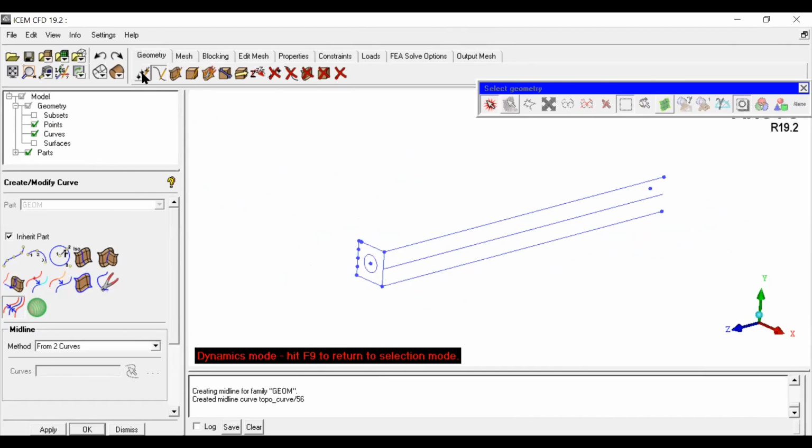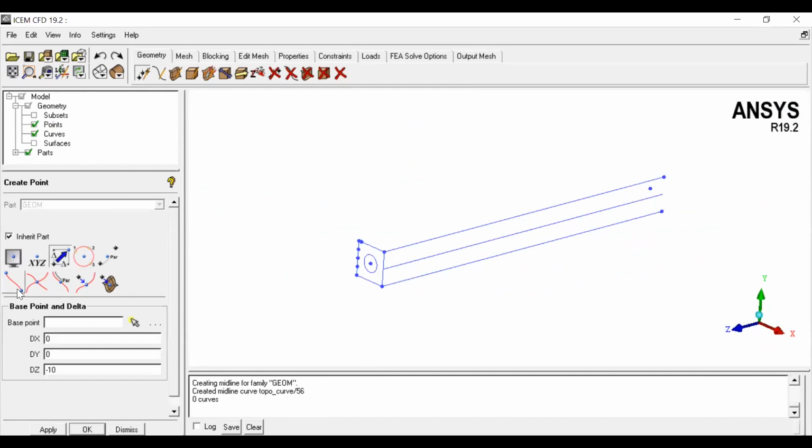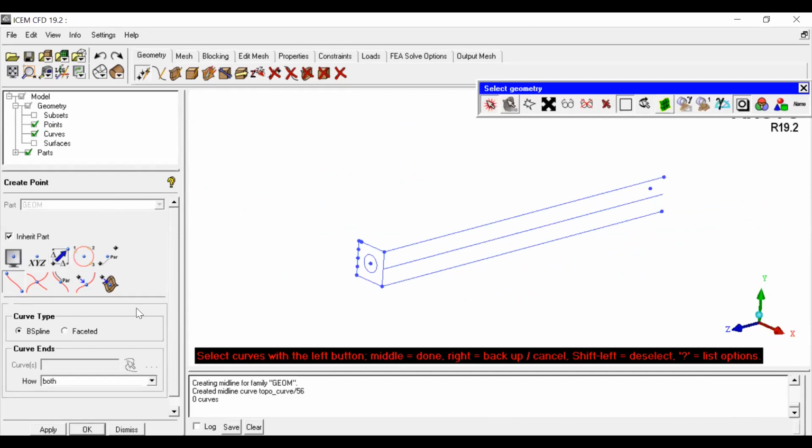To get the points, go to the point command. There is a command called curve ends. So you can select a curve, and points will be created at the end of the selected curve or the newly generated curve.